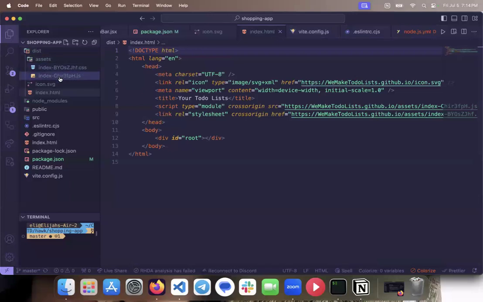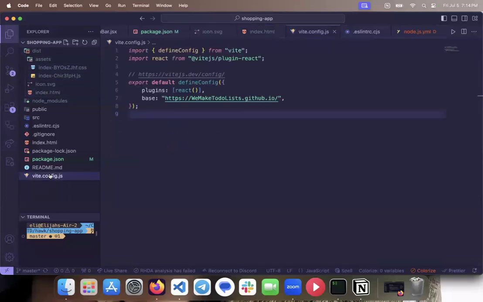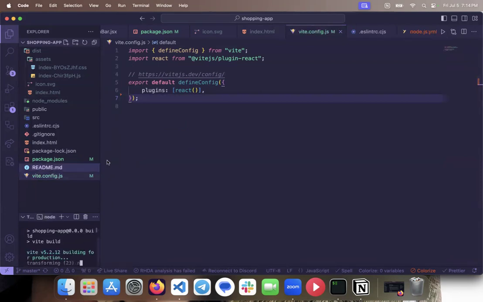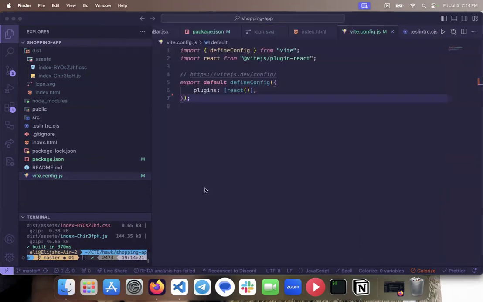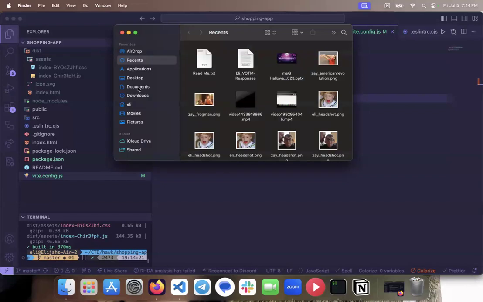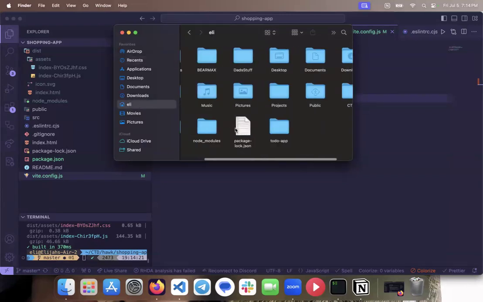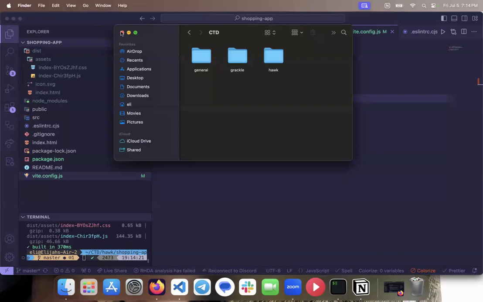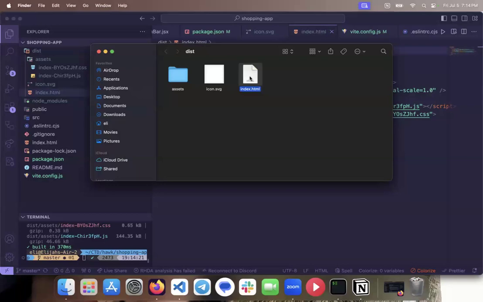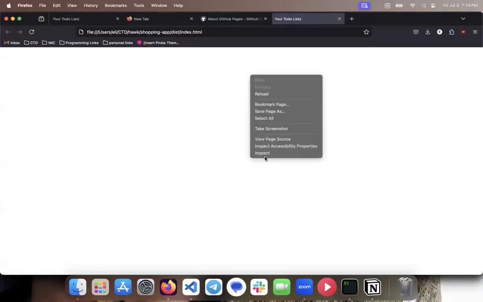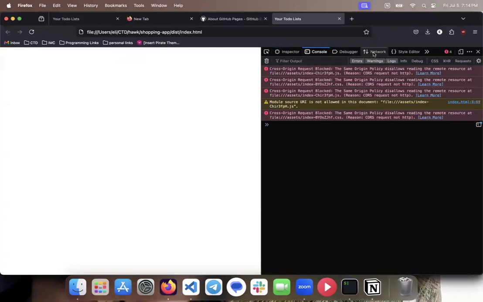So I don't think that I will be able to, let me do this again. npm run build. I don't think that it's going to allow me to just open this in my browser, but I'm going to try it just for fun. Reveal in Finder, index.html. Yeah, so this does not quite work as it stands,